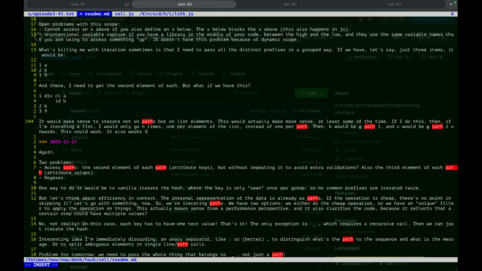It also works for the simple case of simple elements on a list or a hash. Yeah, this is it. This has to be it. This is totally car CDR, only that CDR gives you... no,